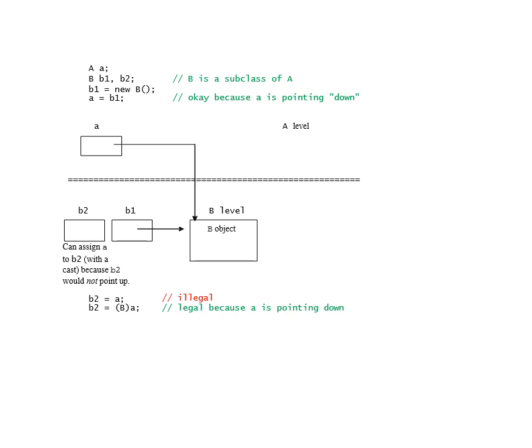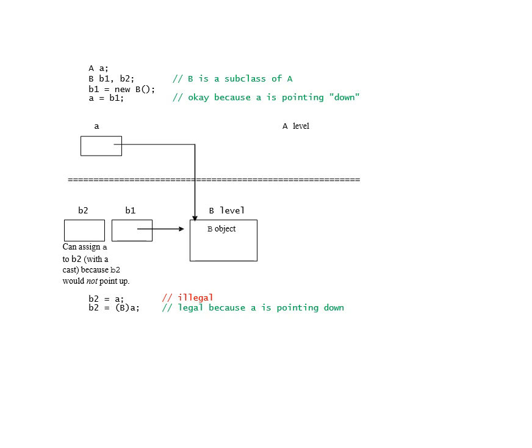Downcasting is normally illegal, and when the compiler sees the first statement that's marked illegal at the bottom of this slide, B2 equals A, it knows that A has type cap A and B2 has type cap B, and it knows that A is higher in the hierarchy, so that's a downcast, and so it's going to be flagged as